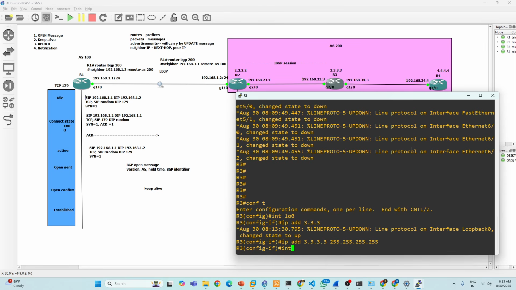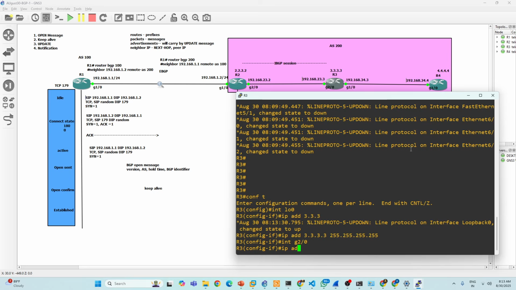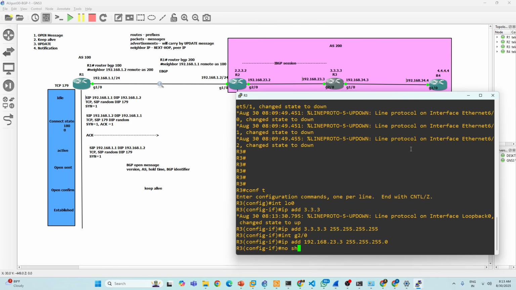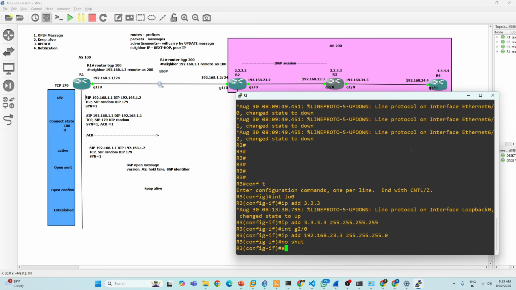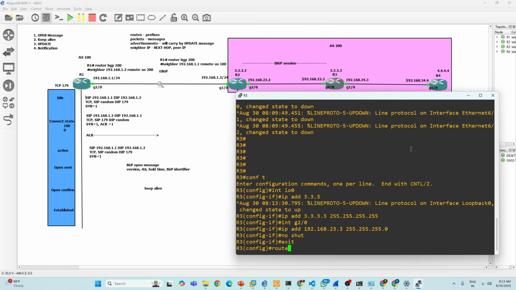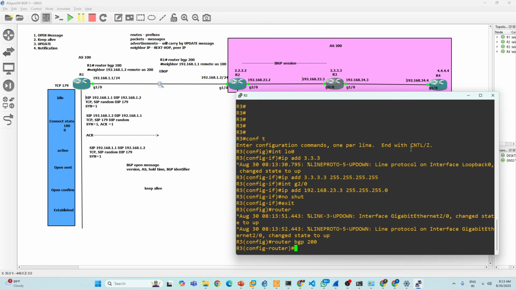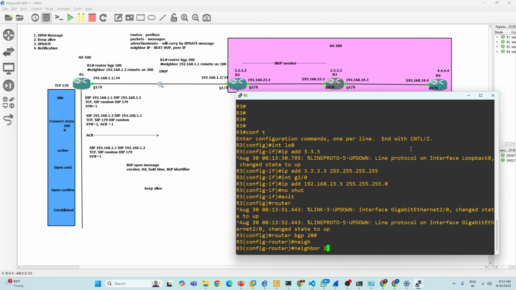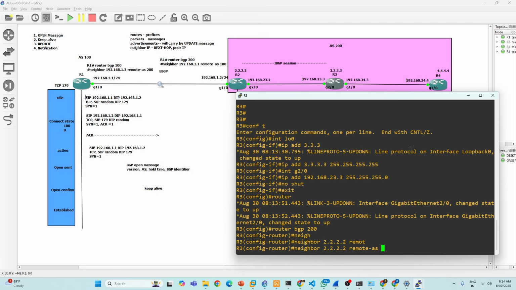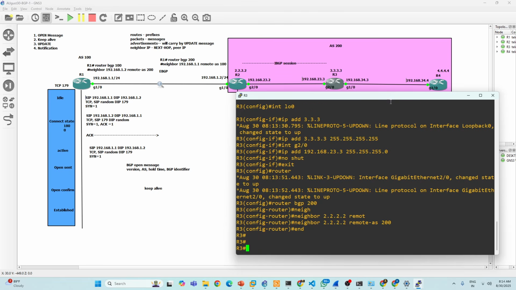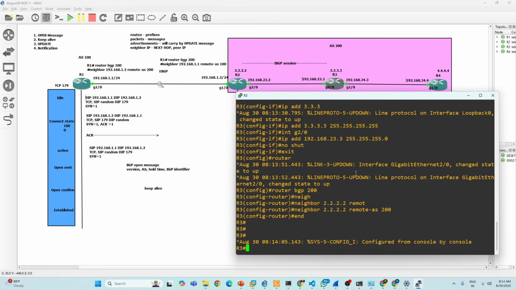Interface G2/0, IP address 192.168.23.3. Router BGP 200. Neighbor 2.2.2.2, remote is 200. Done.